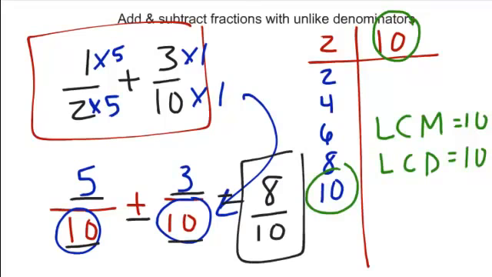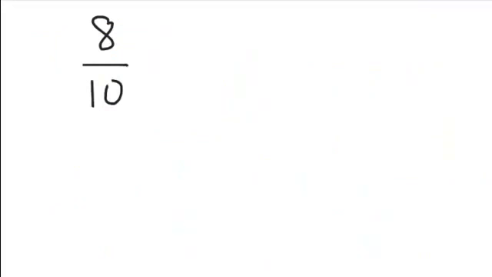Again, we want to make sure we put that in simplest form. So let's go ahead and do that. In order to put 8 tenths in simplest form, we have to divide both the numerator and the denominator by the greatest common factor. And I happen to know that the greatest common factor between these two numbers is 2, because 2 is the greatest number that I can think of that goes